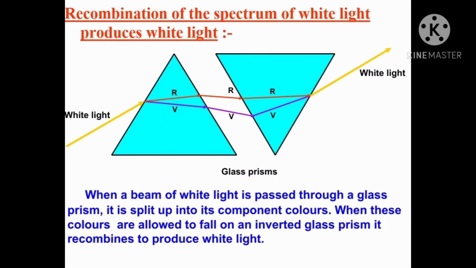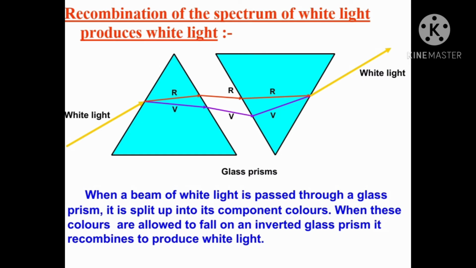This allows all the colors of the spectrum to pass through the second prism. He found a beam of white light emerging from the other side of the second prism. So this observation gave Newton the idea that sunlight is made up of 7 colors. Any light which gives a spectrum similar to sunlight is often referred to as white light.